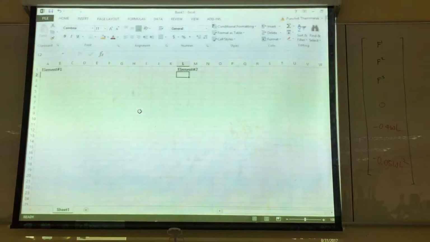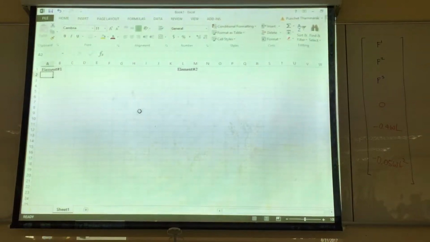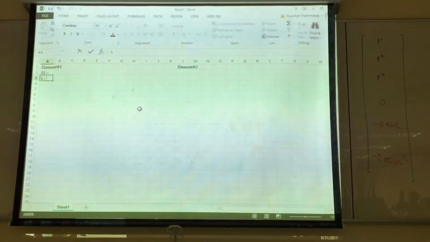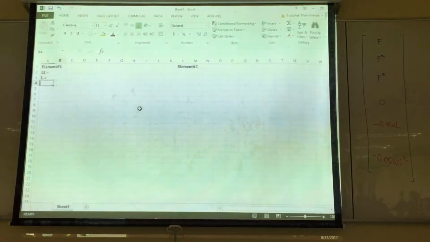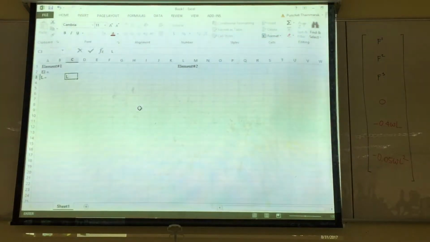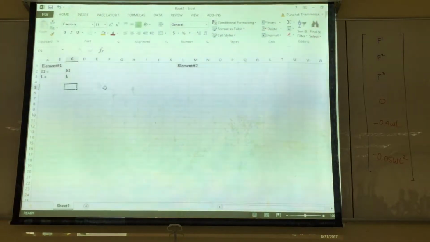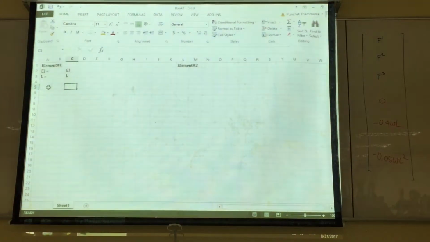EI, L equals to 1, L equals to 1, EI equals to 1. Alright, and then